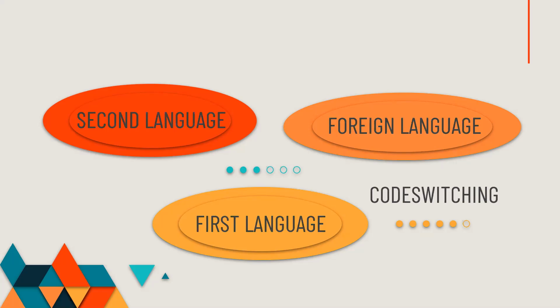In this case, code switching can be applied so that they can understand the materials and the learning process, what they should do, and what the materials are, so that teachers and students can communicate and get understanding about what the